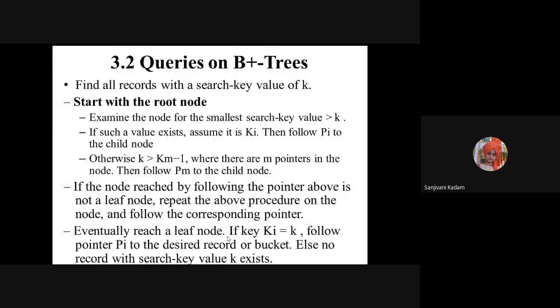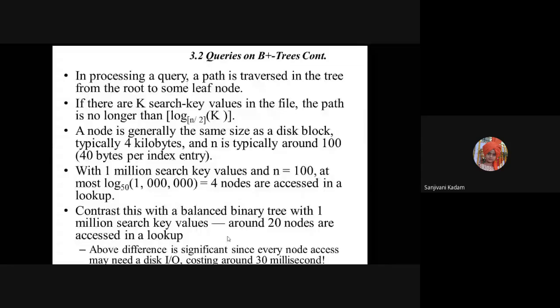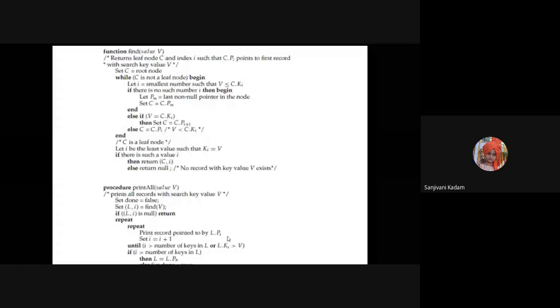This is the time given for access of these many records, which is very less as compared to the sequential searching. So these are a few of the algorithms for how we can find any particular element or node in the B plus tree. These algorithms stand for a standard procedure. We will not go into much detail, but whatever procedure for B plus tree access is there, the same procedure is explained here.